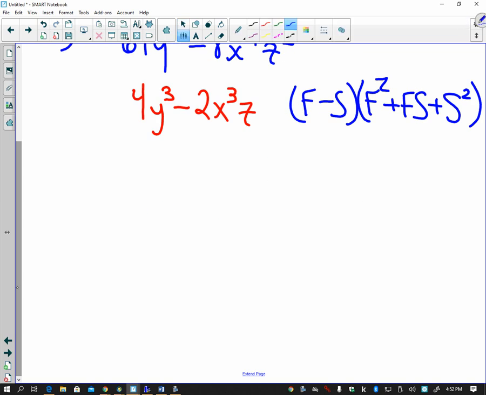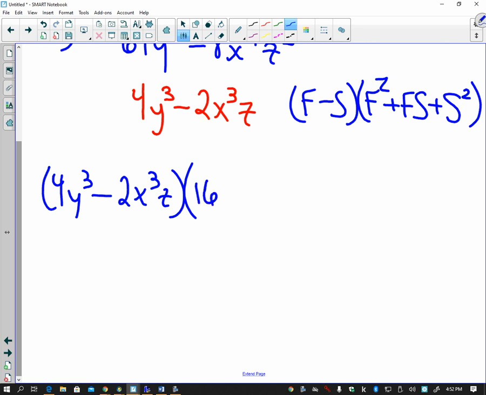Okay? So our f is 4y cubed. Our s is 2x cubed z. So then we just follow the formula. So we want f squared. So we want 4 squared, which is 16. We want y cubed squared. So we actually multiply the 3 times the 2 to get y to the 6th,